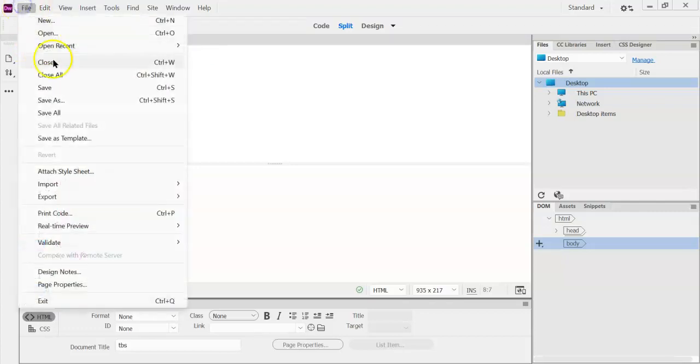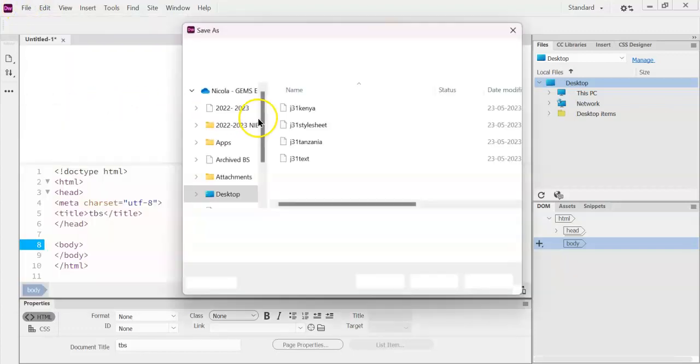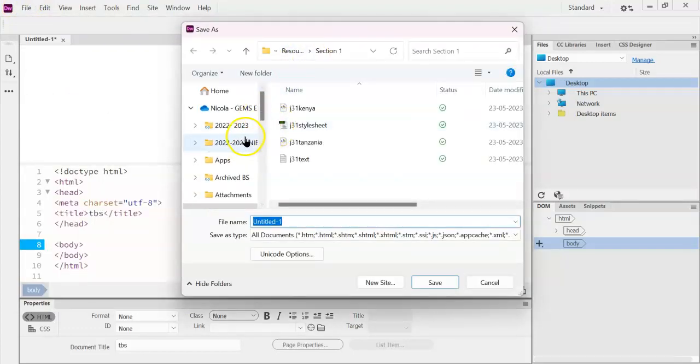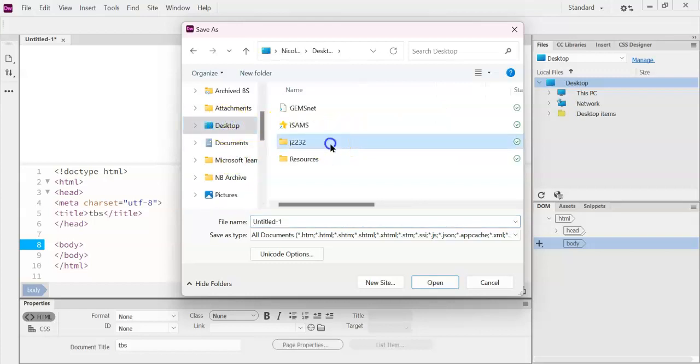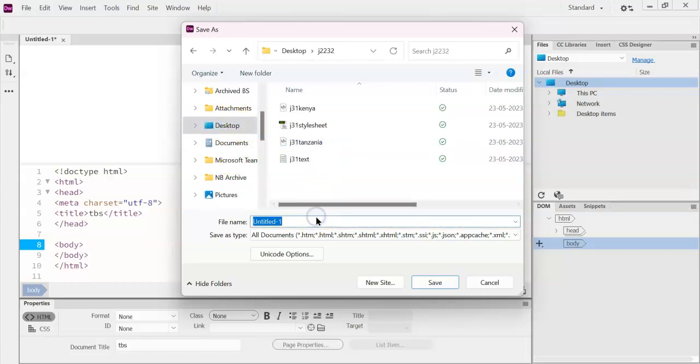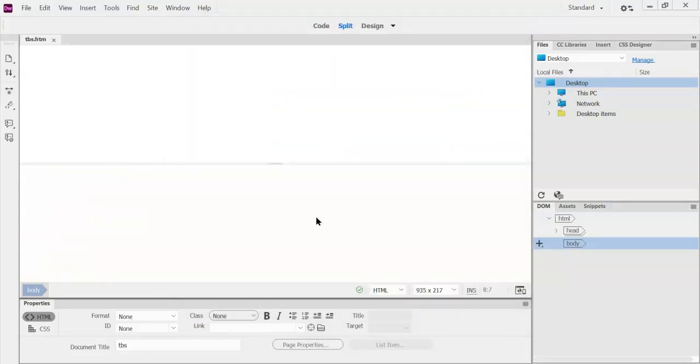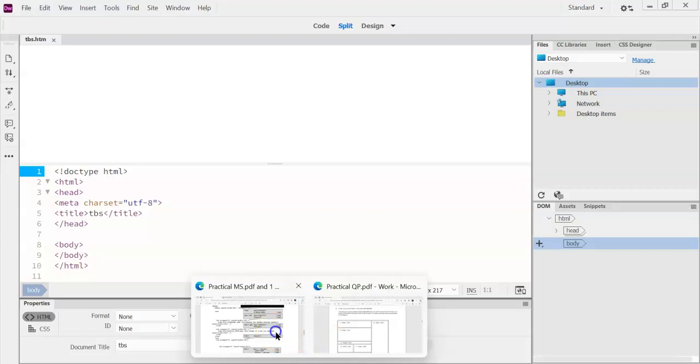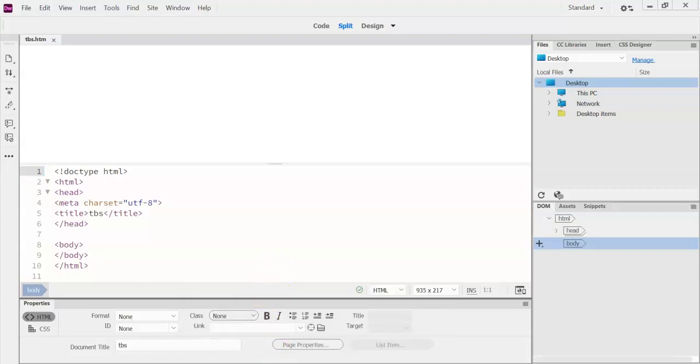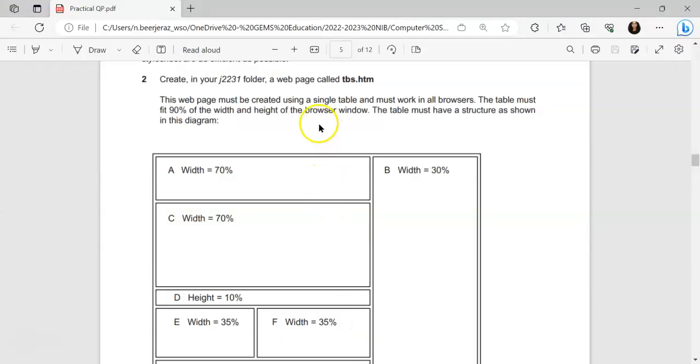So I'm going to make sure I just go to File, Save As, saving it in the folder that they've asked me to, which on my desktop would have been the J. Okay, I'm going to call it tbs.htm as they asked me to. So I've done that first task that they've got me to do. So that's amazing. So the next thing that they've asked me to do, just get that question paper up, is